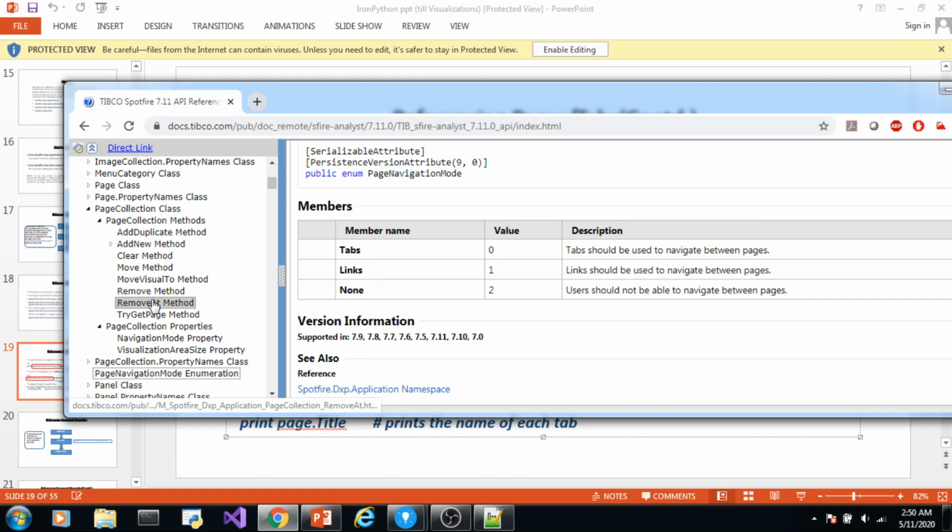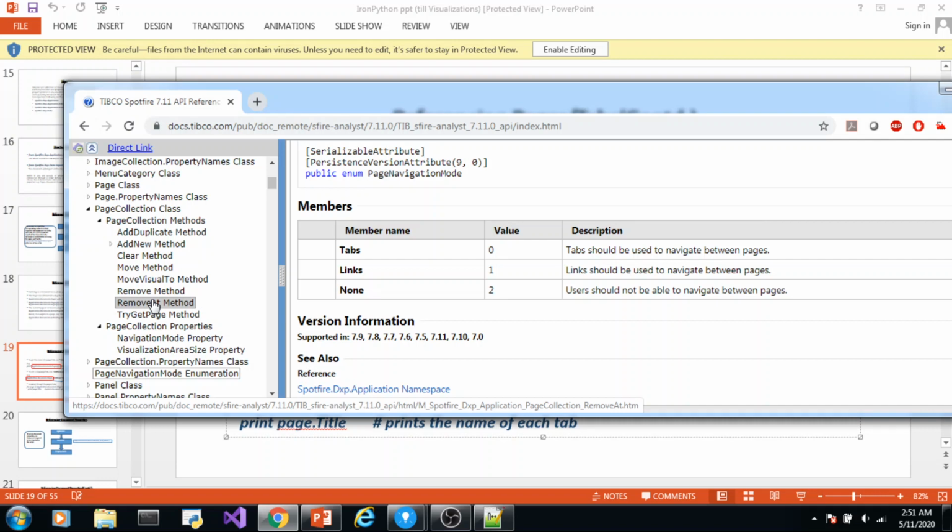These are simple, and just check what parameter it takes. Is it of type string, int, page type, or any other type? The parameter should be of the type which it takes. For example, when we created a duplicate of a page, the parameter it took was the page which is to be duplicated.